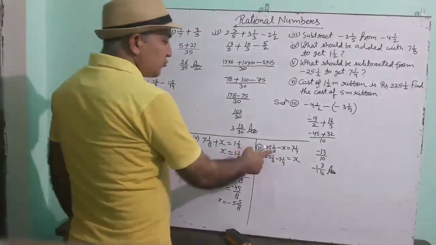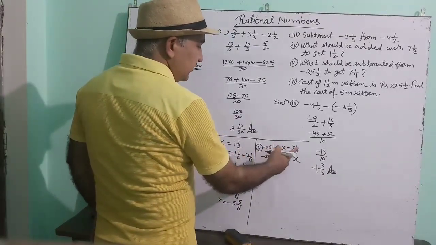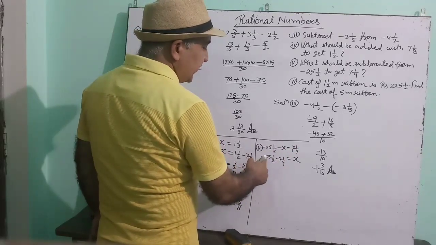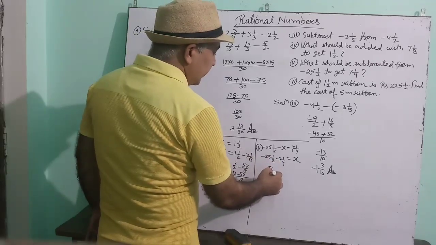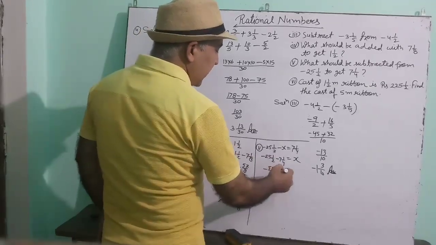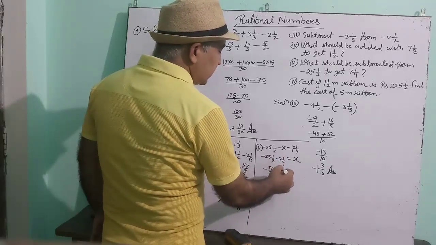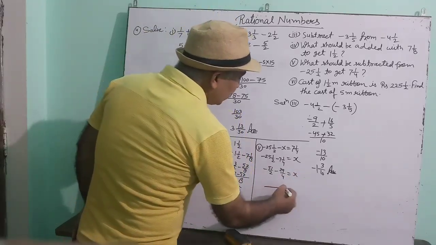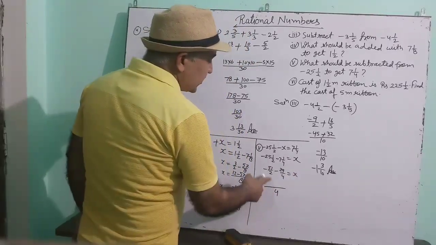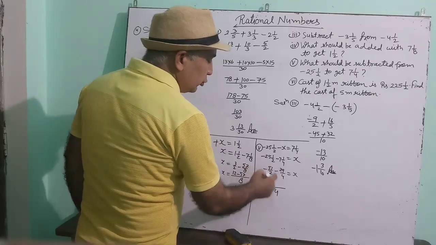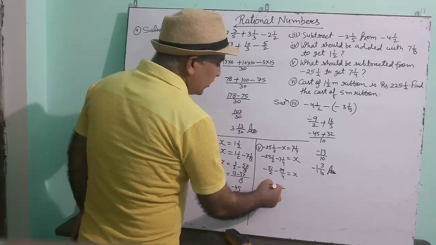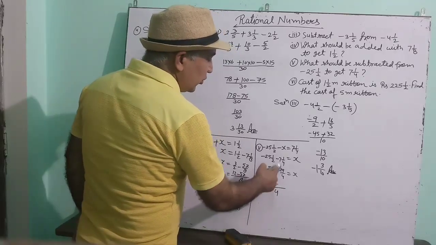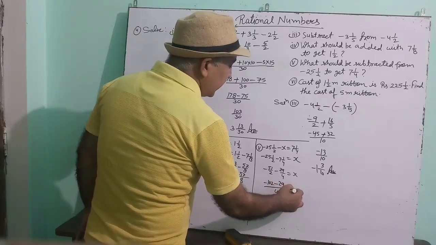See this, minus 25 and half, and this will come to the left hand side, becomes minus. Now solve and get your answer. 2 into 25 is 50 plus 1, 51 by 2 with minus sign, minus 4 into 7 is 28 plus 1, 29, 29 by 4 is equal to x. Now 2 and 4, LCM is 4, 4 divided by 2 is 2, 2 into minus 51 is 102. Now minus, this minus sign, 4 dividing 4 coming 1, 1 into 29 is 29.